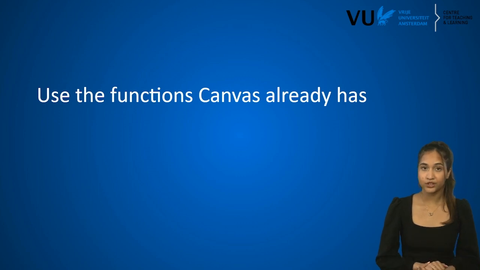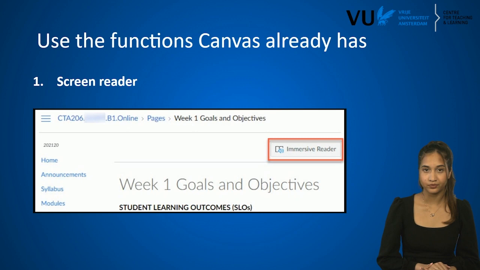It is important to use the functions that Canvas already has available. So tip number 1 is to use the screen reader available in Canvas. Screen readers are an important tool to assist individuals with visual impairments or blindness in accessing and navigating digital content. The screen reader in Canvas is called the immersive reader, and you can find this in the top right corner